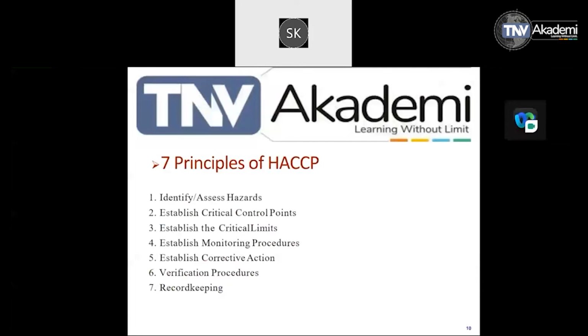So here are the five steps that we have taken, and the sixth step starts the HACCP principles. So 6 to 12 are the HACCP principles. The first principle is to identify the hazard. You have to identify which type of hazard is in this process, or which type of hazard is in the raw material. For example, if a product is being carried out, it can have a physical hazard, biological hazard, or chemical hazard. So the first step is to assess or identify the potential hazard.